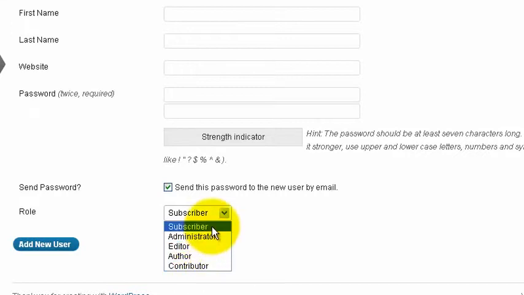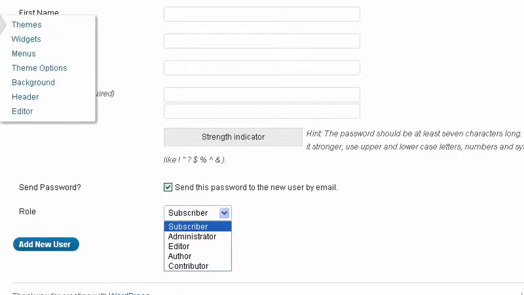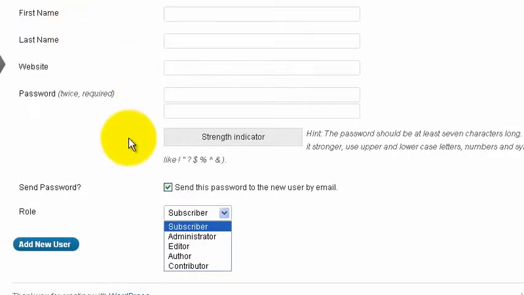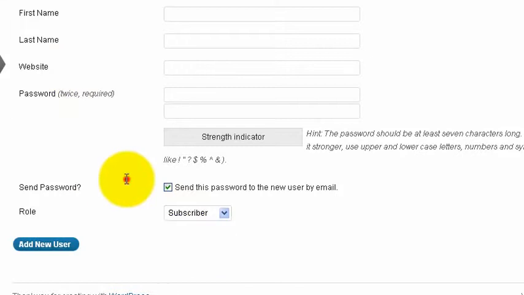As a subscriber, they will only be able to log into your WordPress blog and view all the latest posts, but they will not see all the other options over here that you can see as an administrator. As an author, they would be able to create new blog posts, but they will not be able to publish that blog post until it has been approved by an editor or the administrator. So make sure you select the correct access level over here, and when you're done, you can click on Add